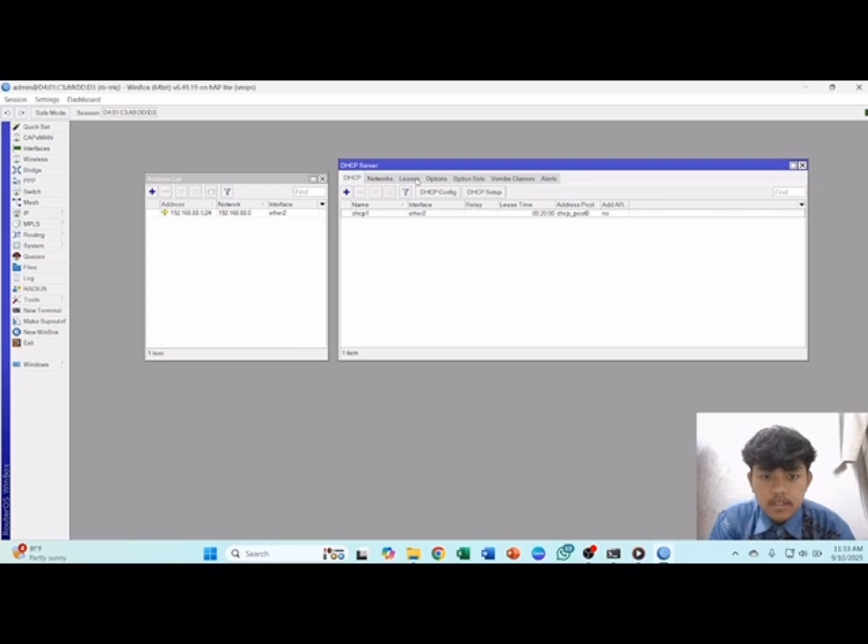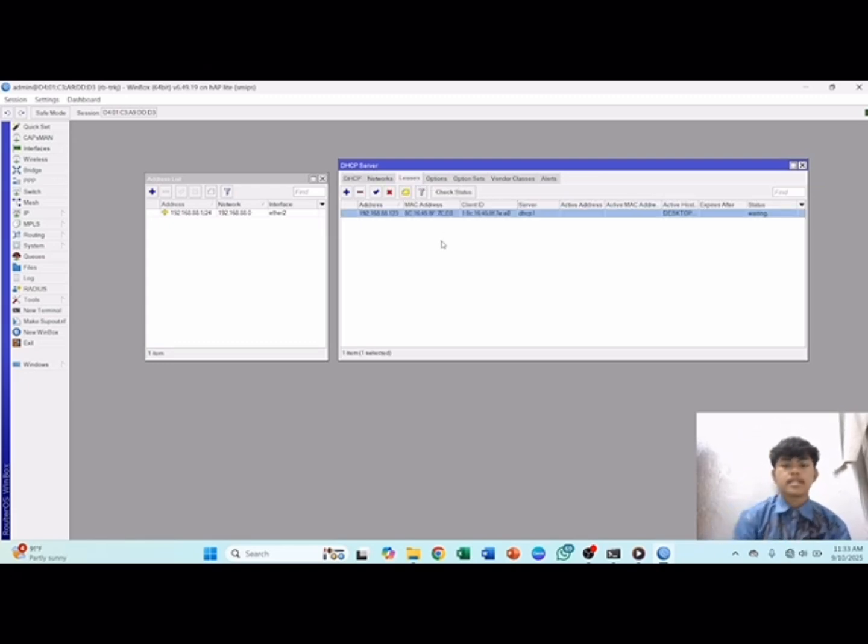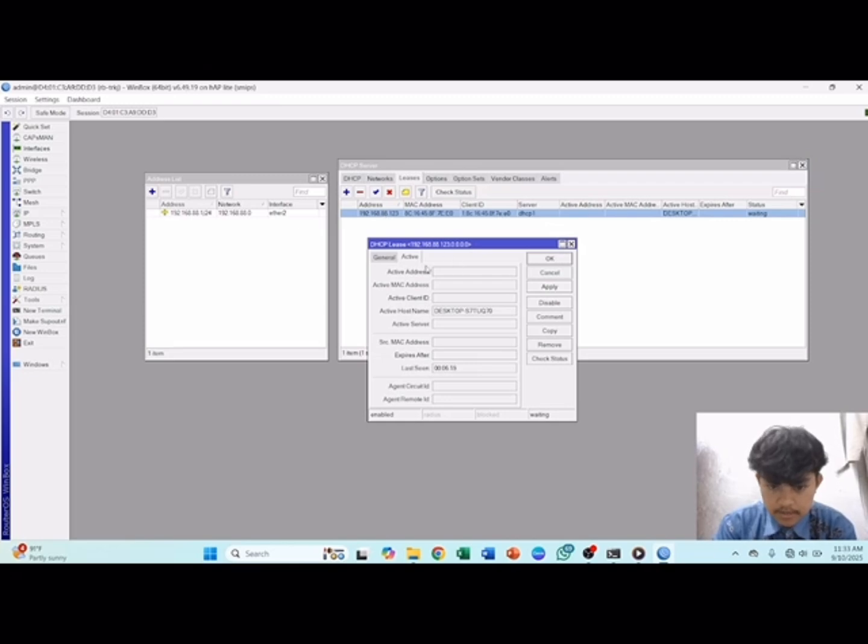After you make the DHCP setup, you can click leases, and then add a lease.